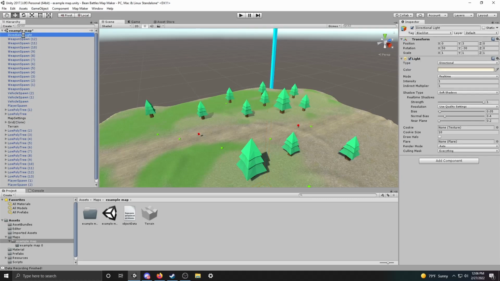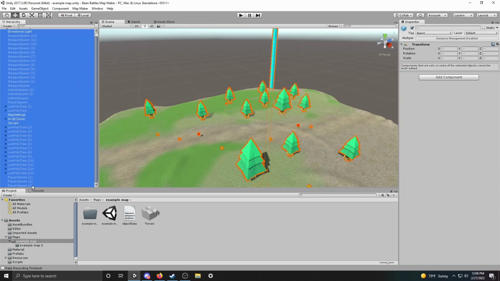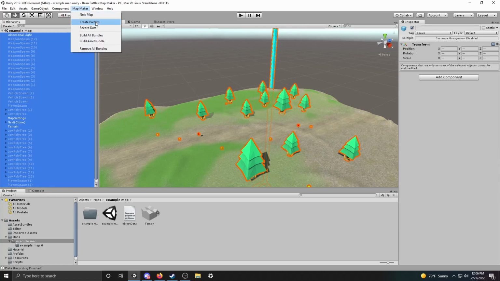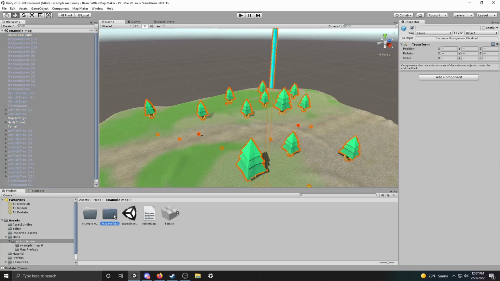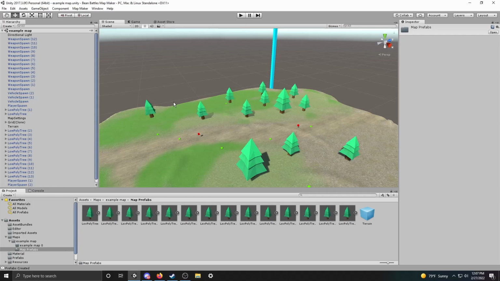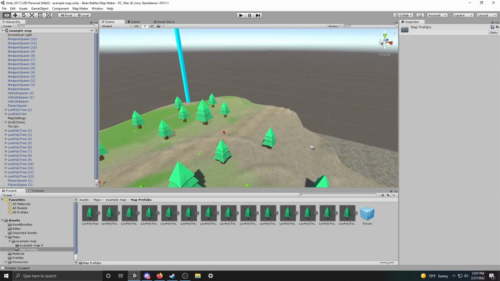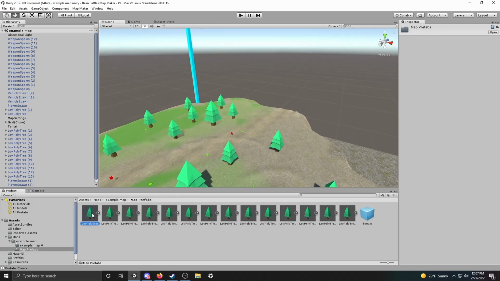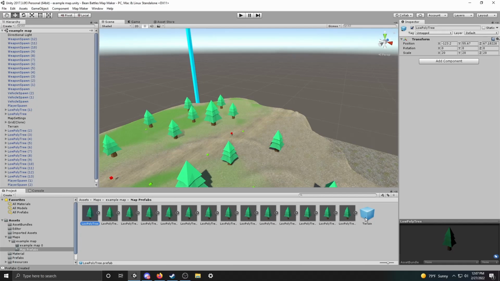So what we want to do is we want to click this top one here, and then shift click this bottom one here to select all objects in the scene. We'll go to Map Maker and click Create Prefabs. And once that finishes loading, give it a few seconds. It's going to make this Map Prefabs folder where it gives you prefabs for all the objects that you've put in your scene. What we can do is we can click on this and shift click on the last one